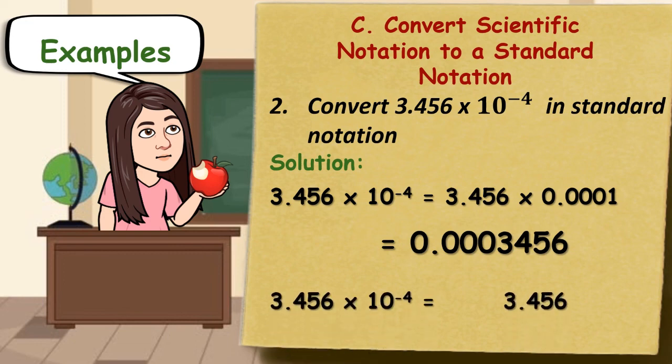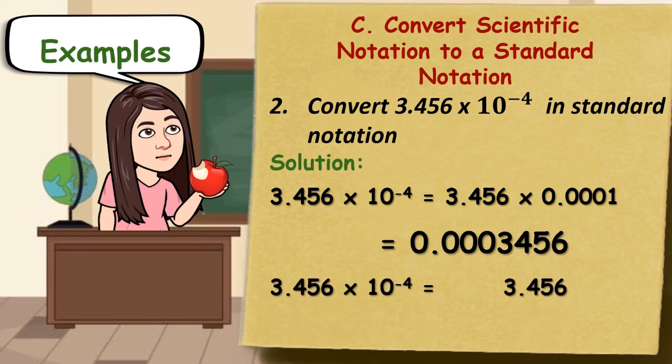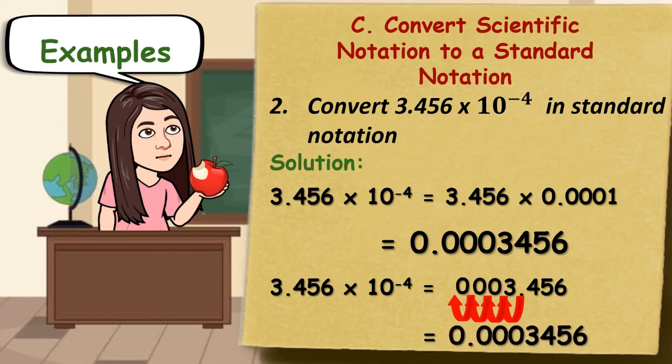Or since you are multiplying a power of 10 negative, just move the decimal point 4 units to the left. Starting here, we have 1, 2, 3, 4. So we got the same answer, which is